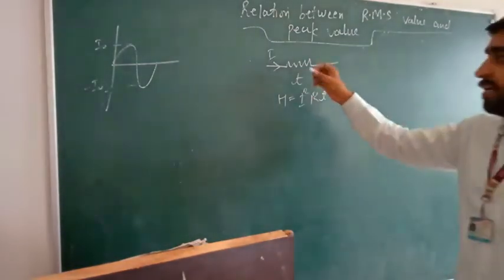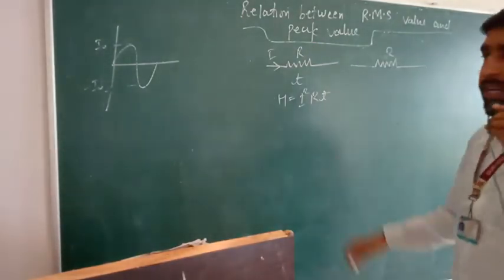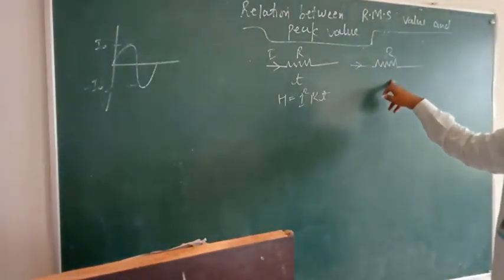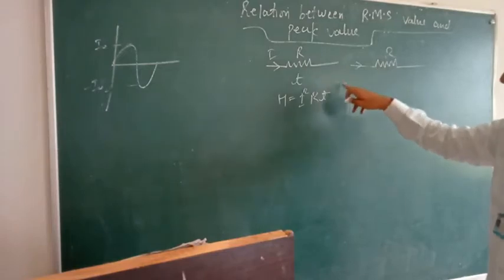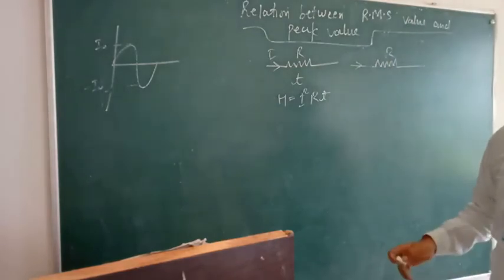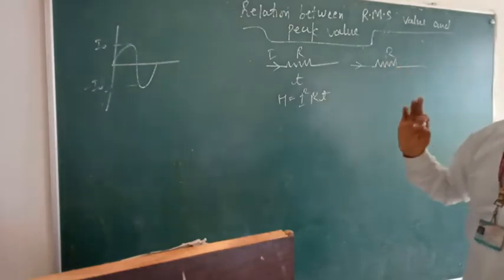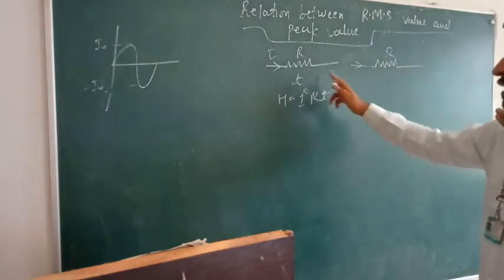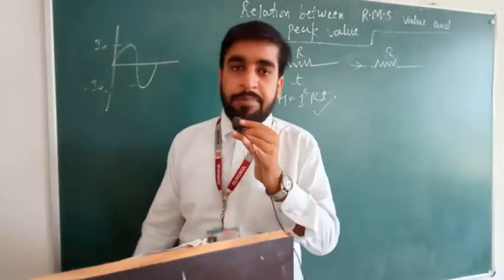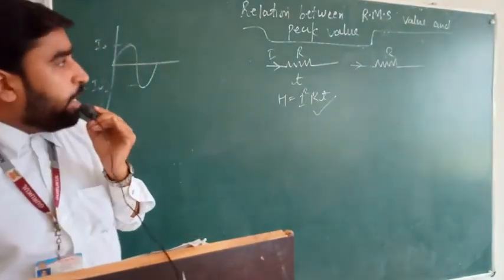Now in the same circuit, for the same time, we transfer the AC. In the given time, the same amount of heat should be produced. That value of AC is going to be the RMS value of AC. The RMS value of AC is that value of AC which, if transferred in a circuit, will produce the same amount of heat as is generated by a DC in the given time. The time interval will be equal; T will remain the same. So that is how we calculate the RMS value.